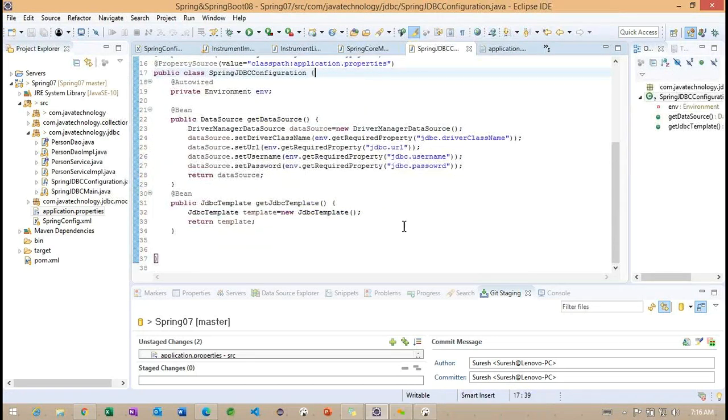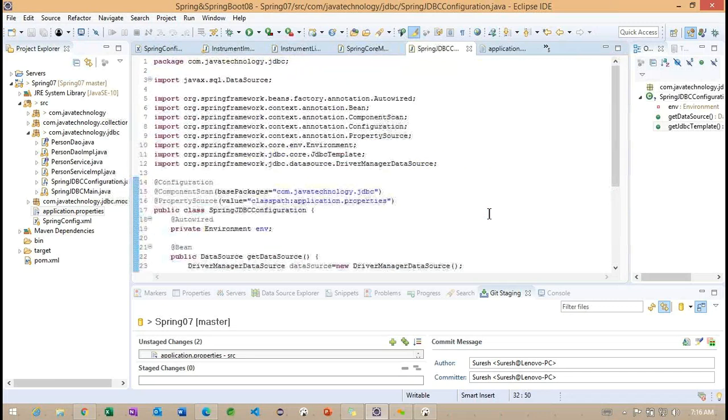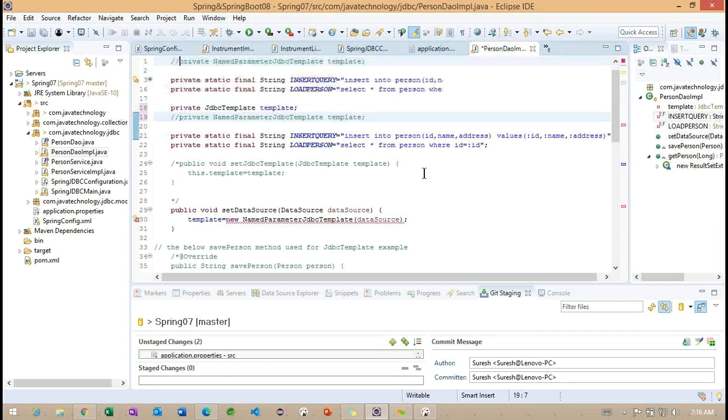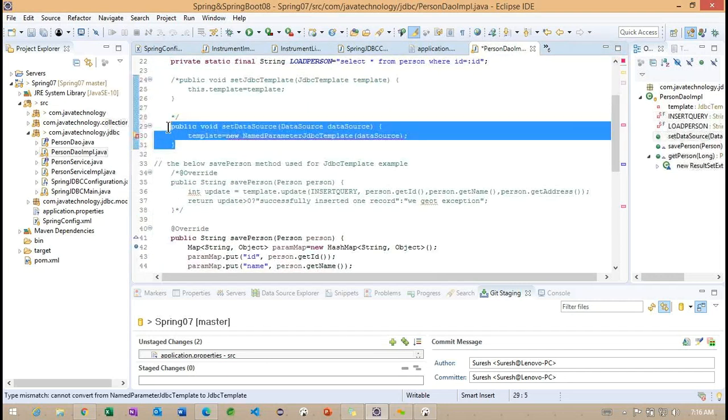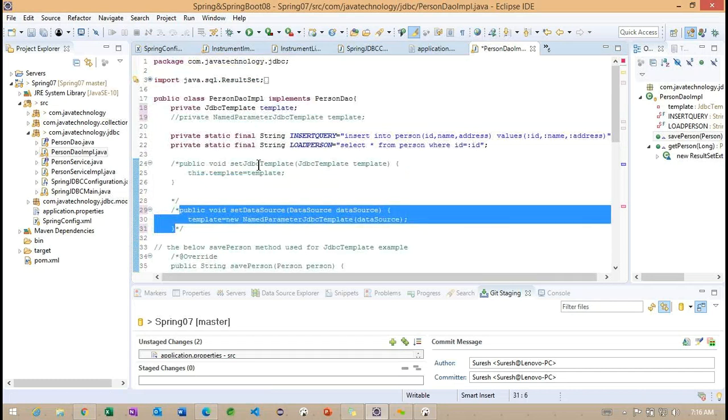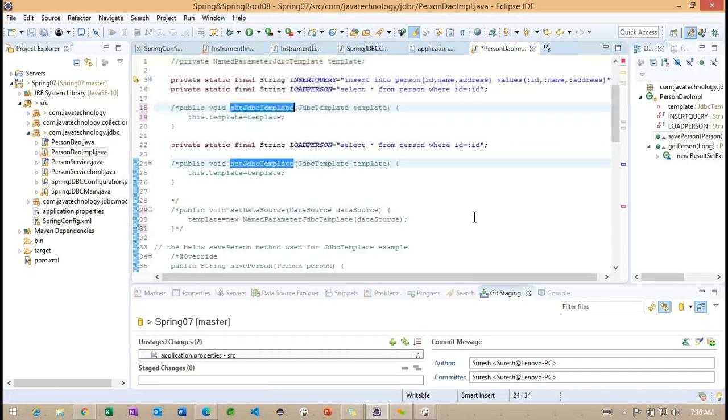Observe, we created the configuration class and everything is specified. Back to the previous example which we used earlier. Go back to the person template. Now we'll check with JdbcTemplate again. Let me comment this example, we don't want to use the other template also.